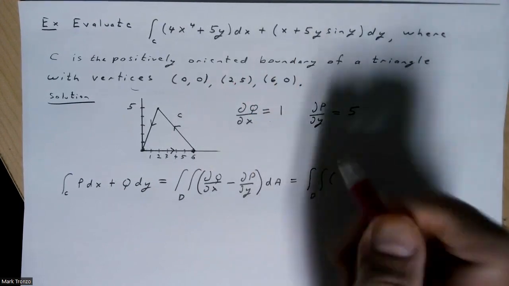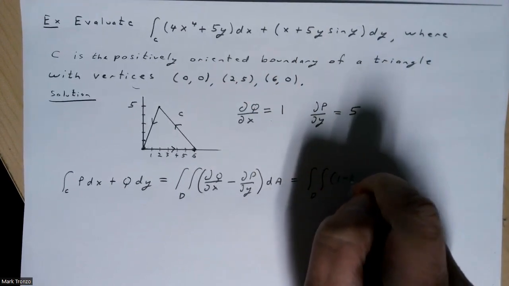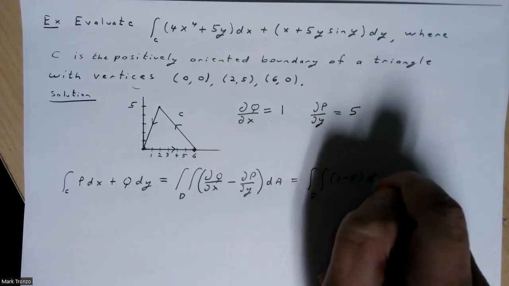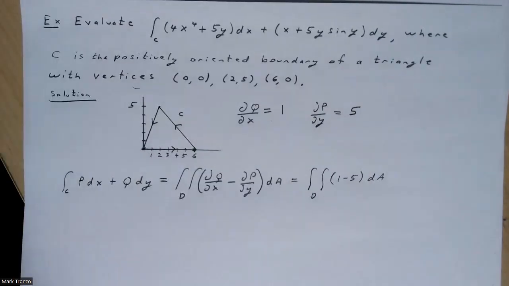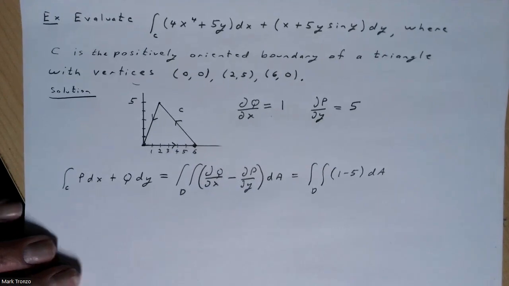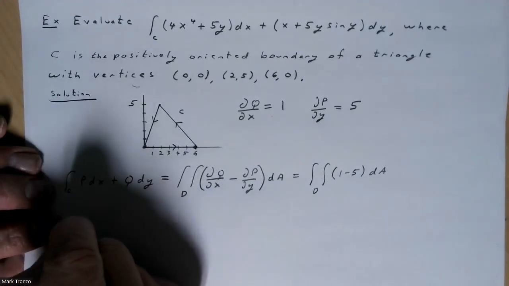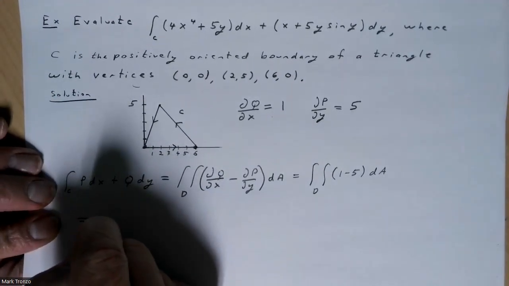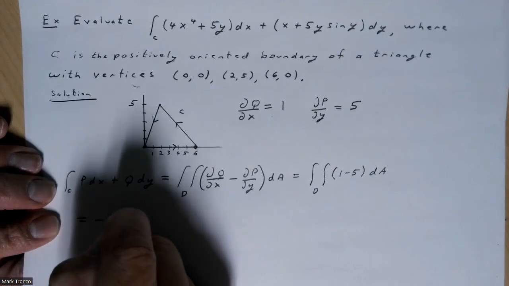It's going to be 1 minus 5 over our domain. And that's going to be minus 4